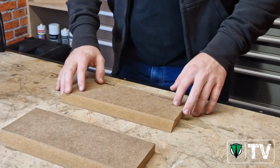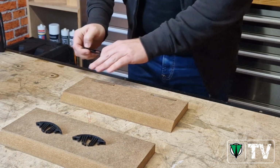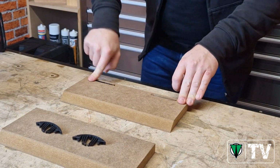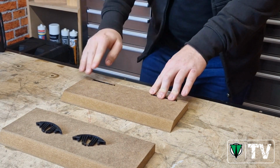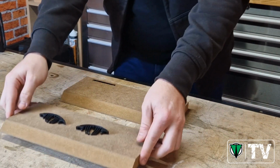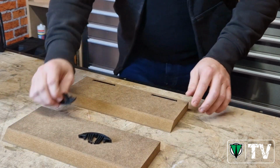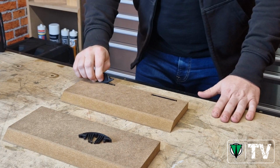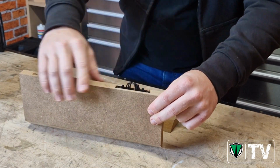So now we've got all our cuts done, we'll go ahead and put in the Tenso connectors. In your face edge here, always put the female in there. The reason being, if you're creating furniture to then be sent out, delivered in a van, stacked up, you can stack on top of it without causing damage to this. If we had the male here, you wouldn't be able to stack on top of it. We'll slide the male connectors into this edge,